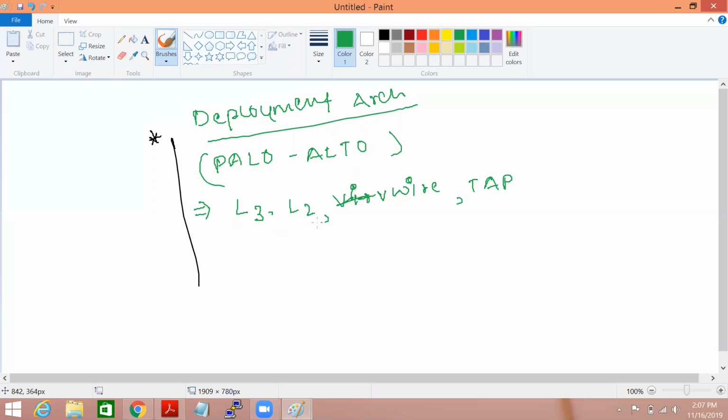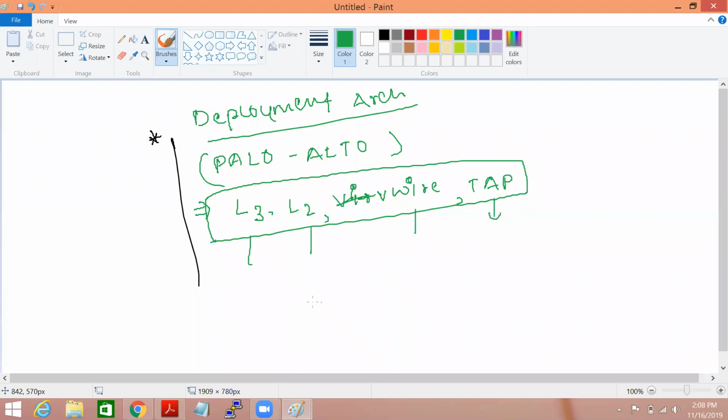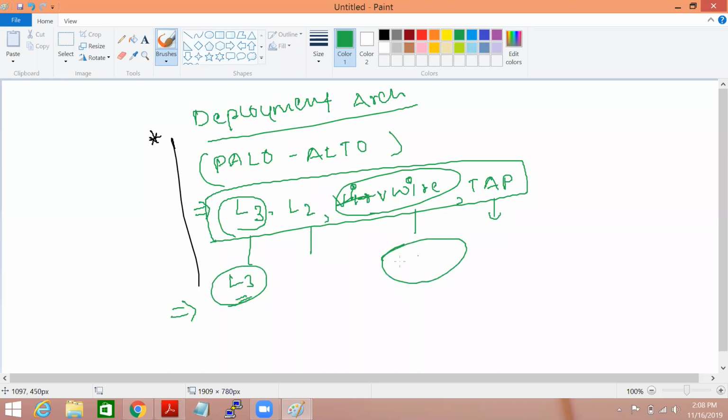As per requirement, we can use these interfaces: L2, L3, vWire, tap mode. First, we'll cover L3 and vWire today. L3 is basics, meaning IP-based configuration, and vWire is an example of transparent firewalling, meaning how we can use Palo Alto without any change in the existing setup.